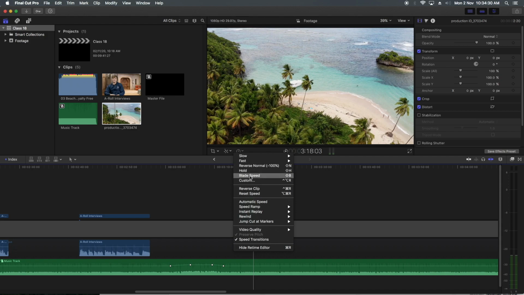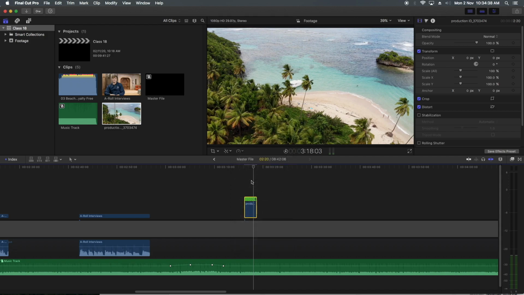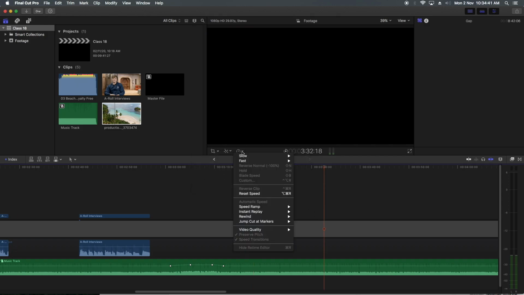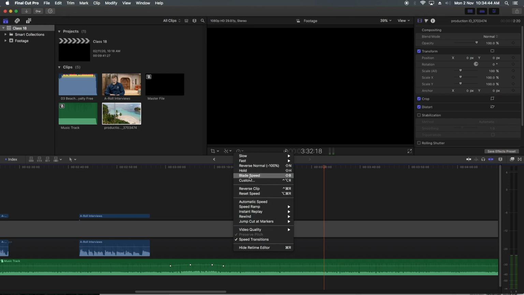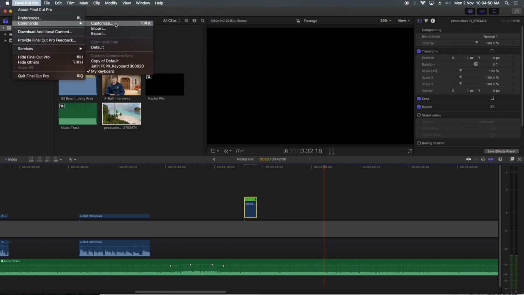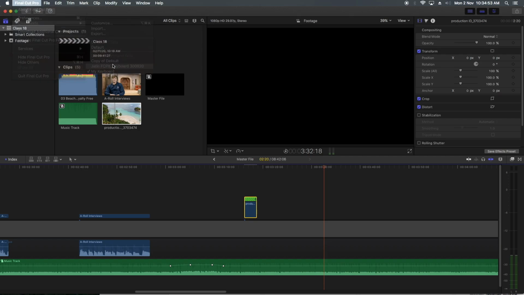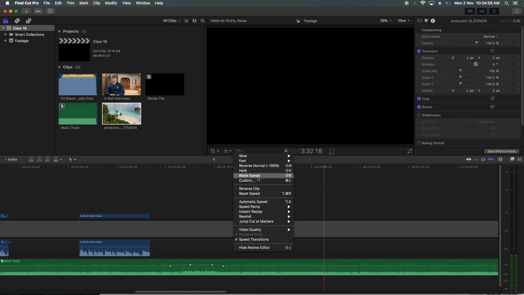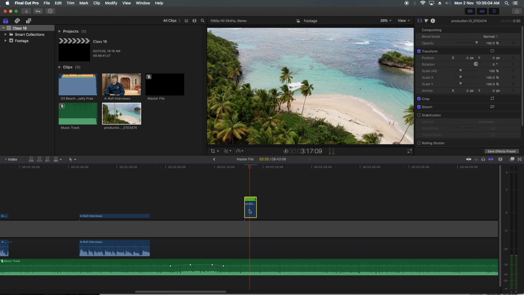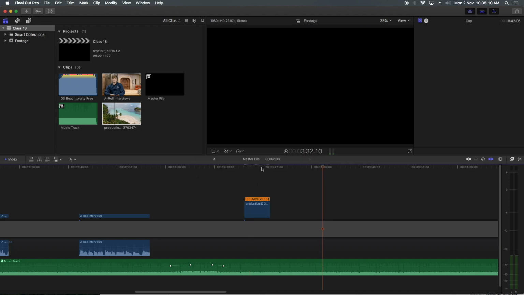Now you can see some commands where it is Control T, custom. This is the custom speed button, and the custom speed button has a shortcut command of Control Option R. Let's go to my keyboard shortcuts. Now if I click here, the custom is Command J. So I make it very easy. I make it Command J, just straight away moving it to 50%, and I make it okay.